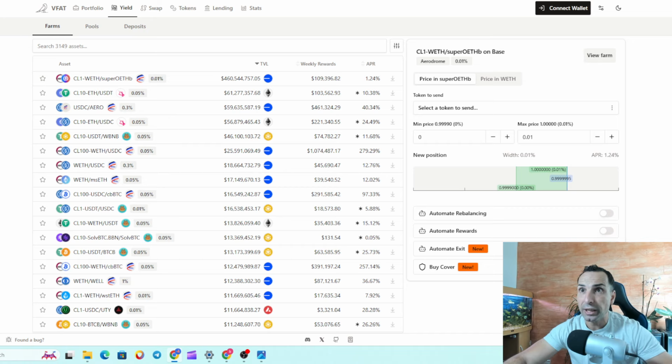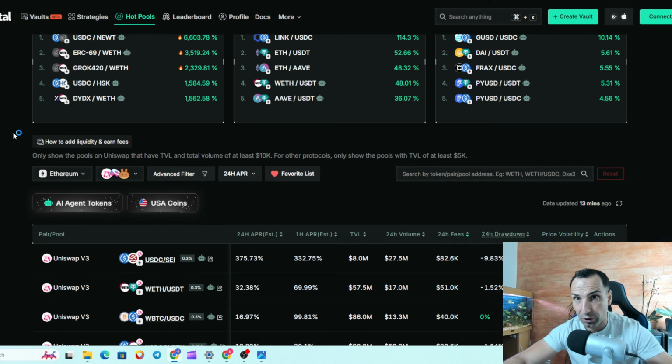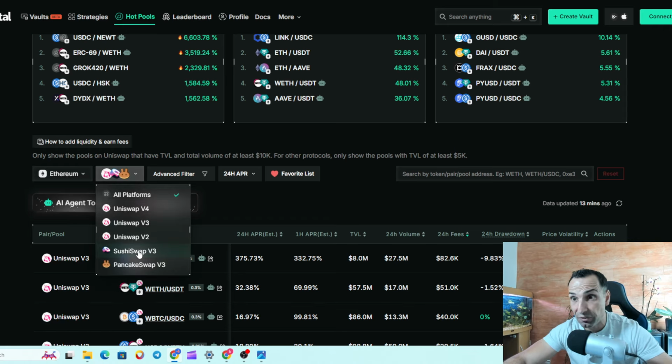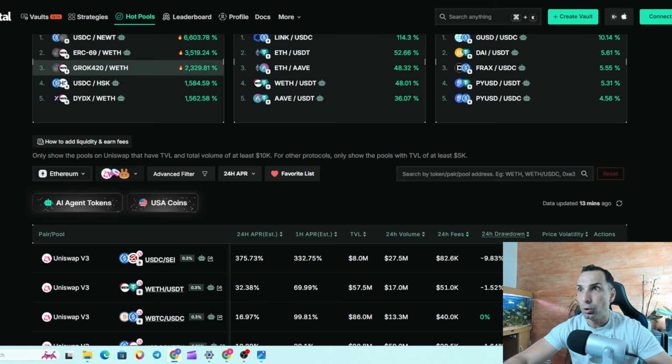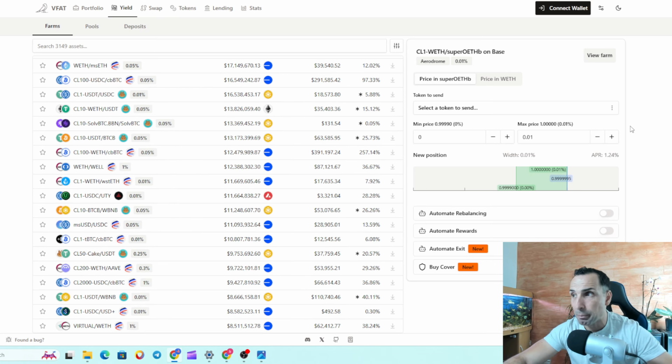So again, Crystal and VFAT are great tools to do research and to provide liquidity to any chain out there, to any single protocol. So let's say you go for Crystal. But we're going to do a separate video for Crystal and VFAT. But then you can pick any chain, and then you can pick different DEXs. Okay, so let's go back to VFAT. I like VFAT because it's a much more